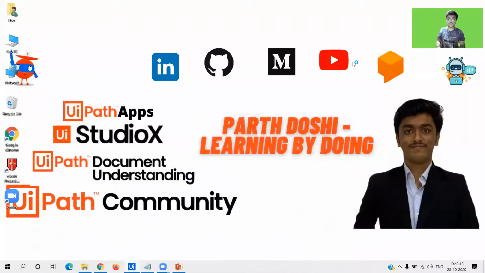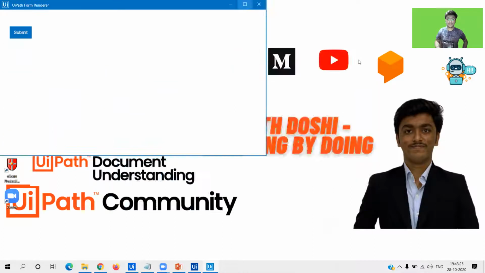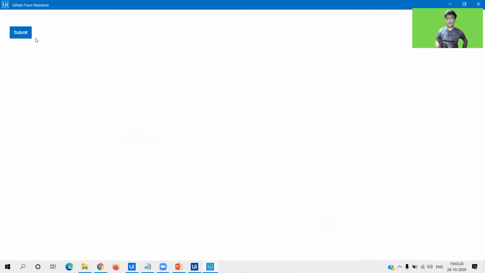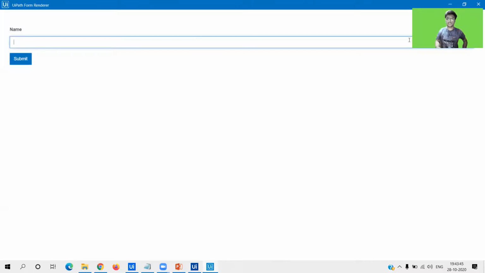Let me just execute the file. Okay, so now you see both the fields are not visible. Now what was our motto of doing this particular workflow? When I click on submit, the do block should be executed, the true value should be passed over there, and I should see the name field. Let's click on this, and now you see I have the name field over here. How did this happen? Let's see the background part as well. But right now we have successfully built the workflow which, on click of a button, shows me a particular field.